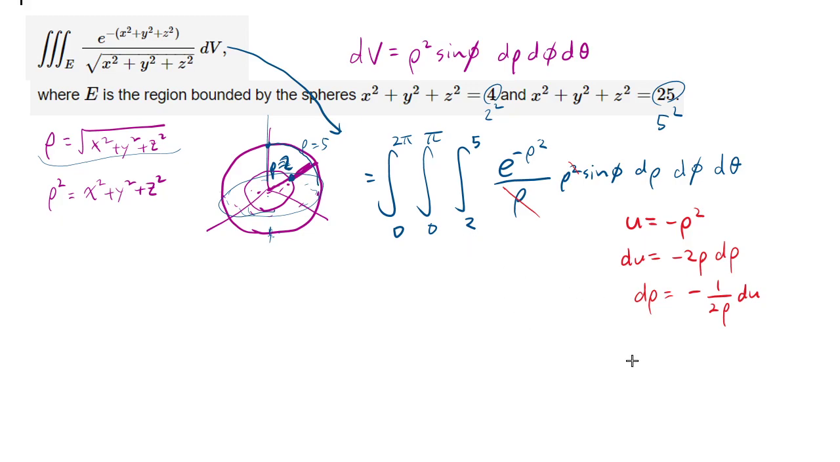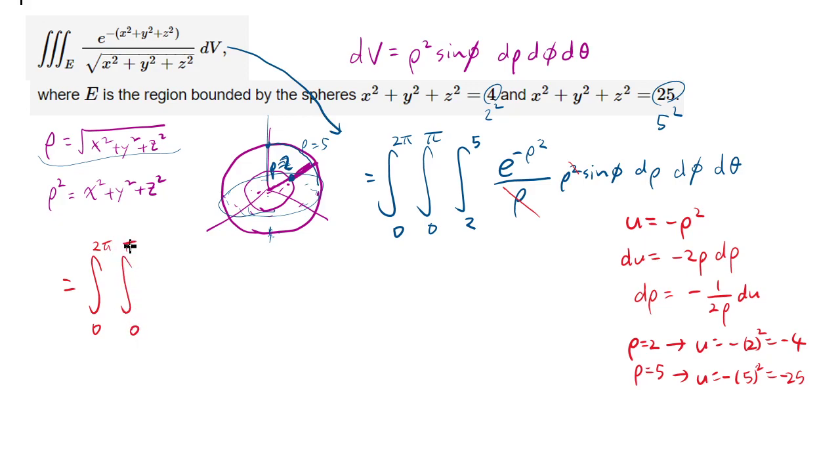Another thing is when rho is 2, u is negative 2 squared, which is negative 4. And then when rho is 5, u would be negative 5 squared, which is negative 25. So this is equal to the integral from 0 to 2 pi, 0 to pi, and then the u value would be from negative 4 to negative 25,